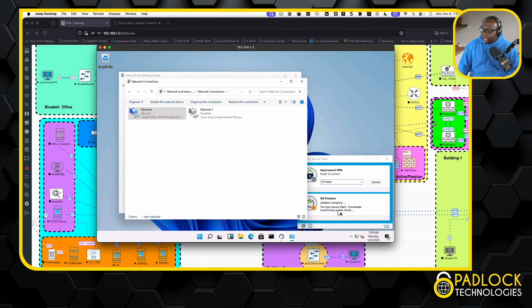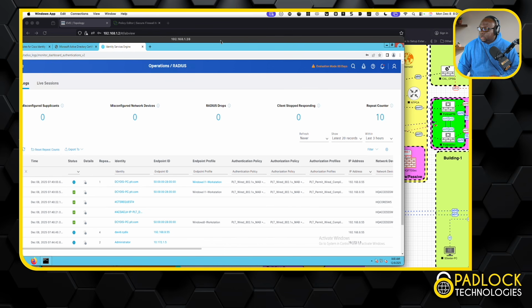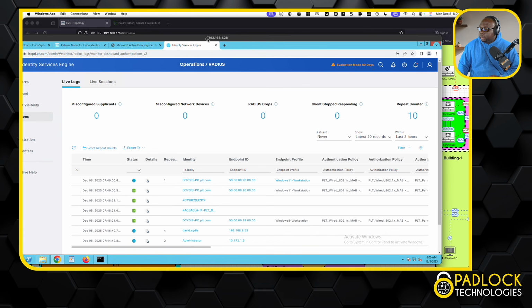And you see that my posture is scanning over here. And once that goes, now the condition and the requirement here is just the firewall has to be on. And I'm not doing anything from a remediation action. So if it's off, it's just going to say it's off, right? So now when I pull up ISE over here, let me show you. When I pull up ISE,